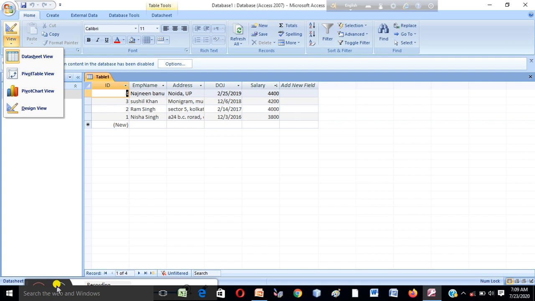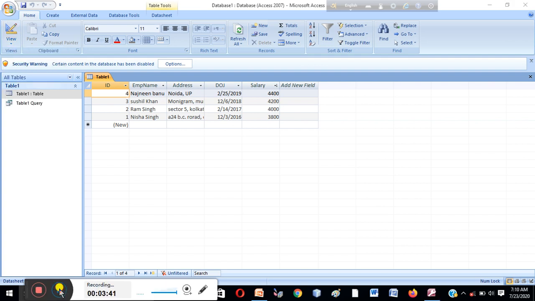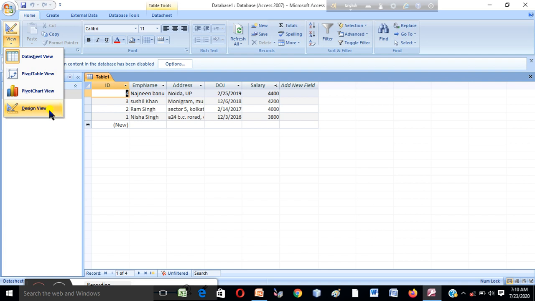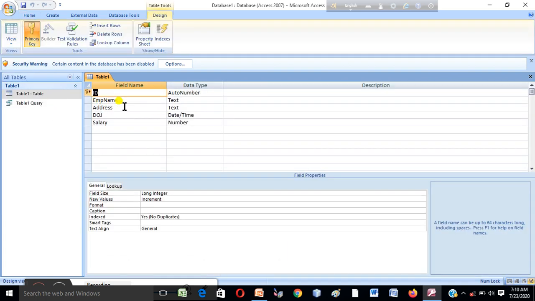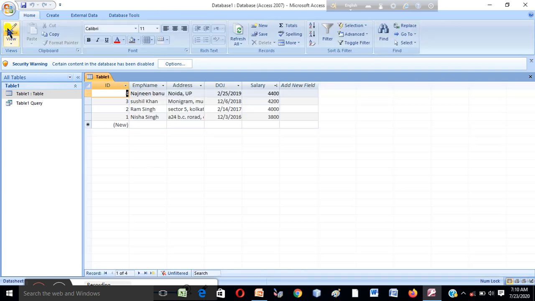These are the fields and these are the records. If we go to the design view, you can see the field name and data type, and this is Table 1.